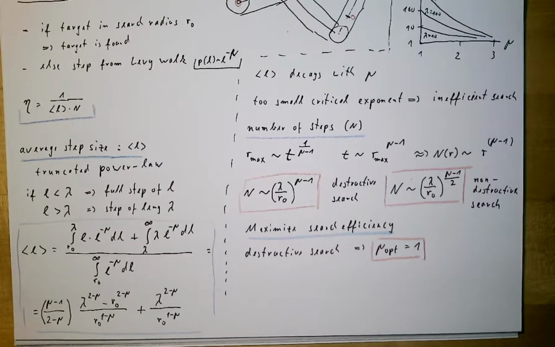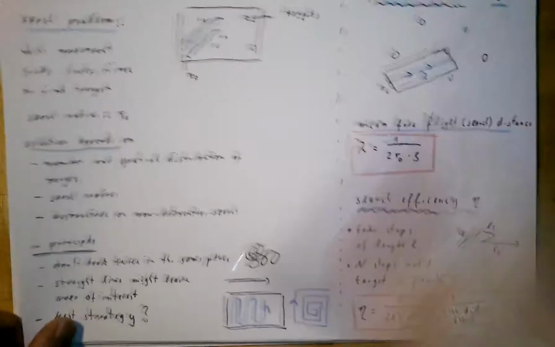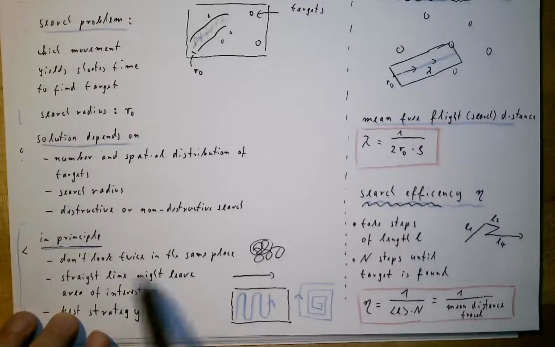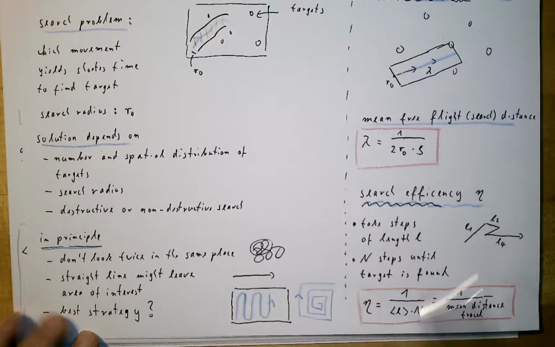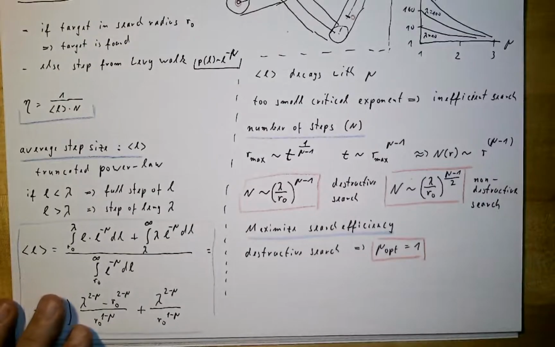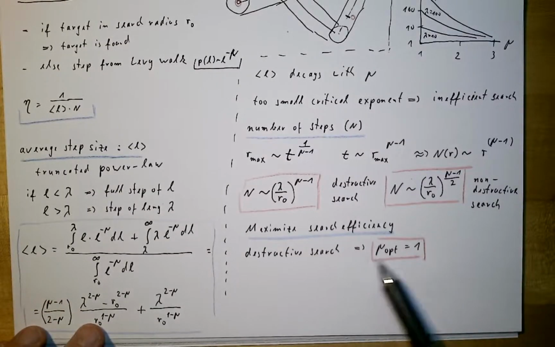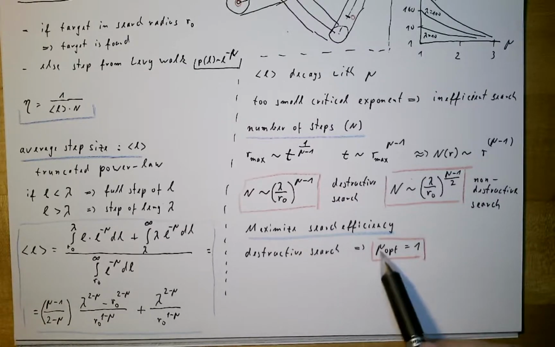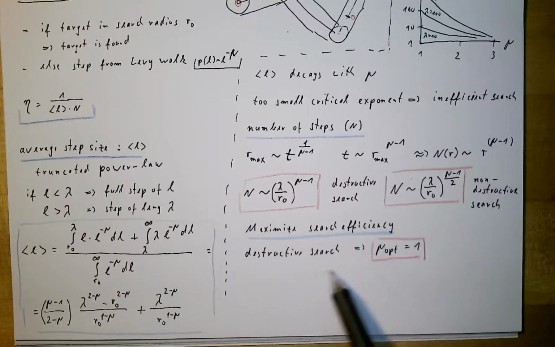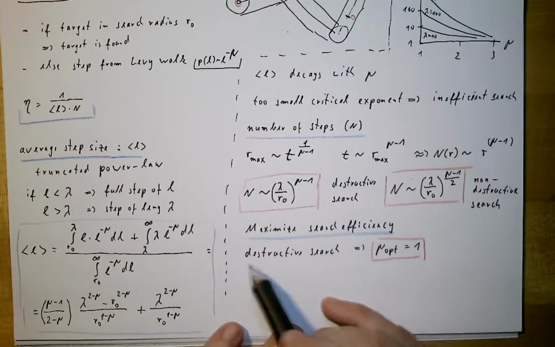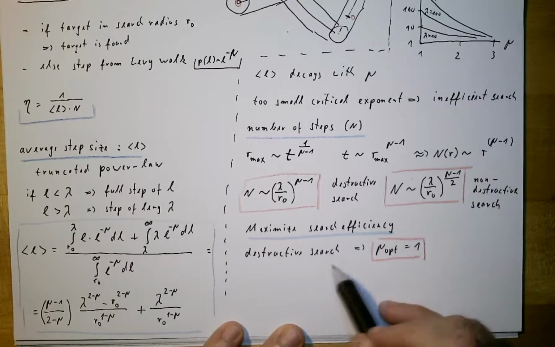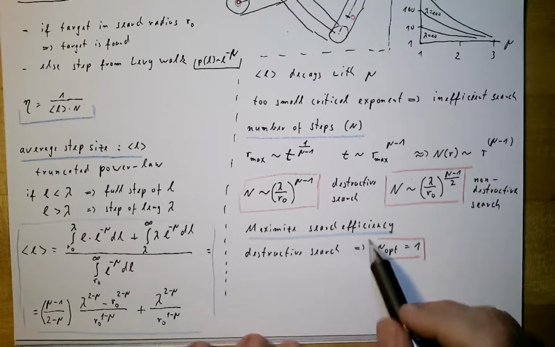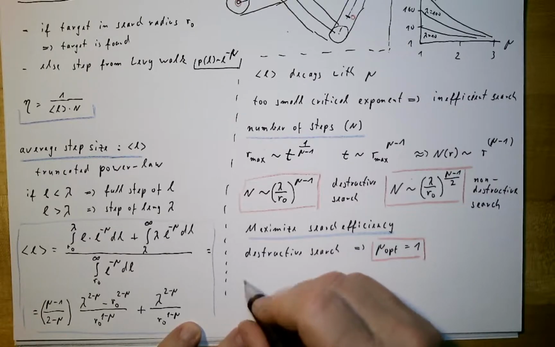So if you have a search problem and just don't look twice in the same place, just always follow a straight line, just go straight forward, which means we make the maximal possible length of the Levy walk. So like you know in the power law with exponent mu equal 1, basically we just have one very long step. So for destructive search, basically never turn, just make long steps. But if we have non-destructive search,